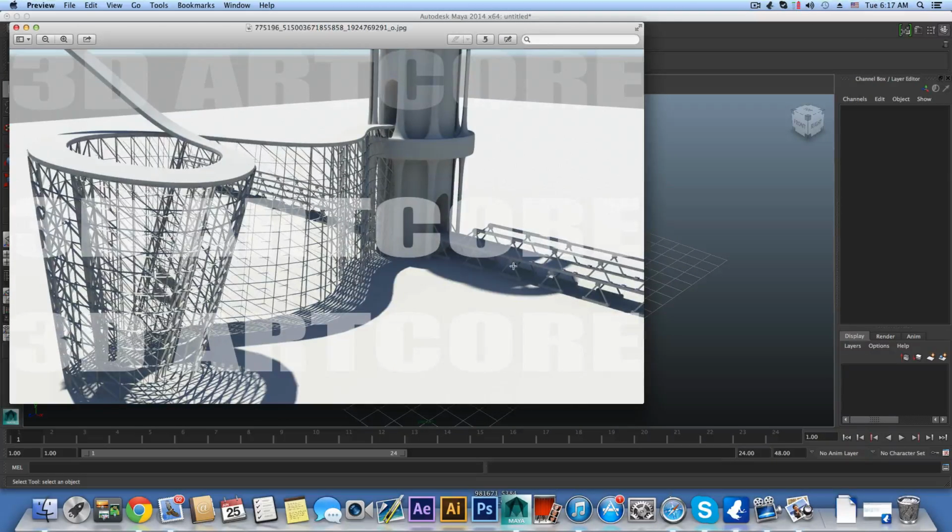And also we will create a bridge, the bridge that you can see here, and also the stand or the structure that holds this road in this part of the model. Okay, so